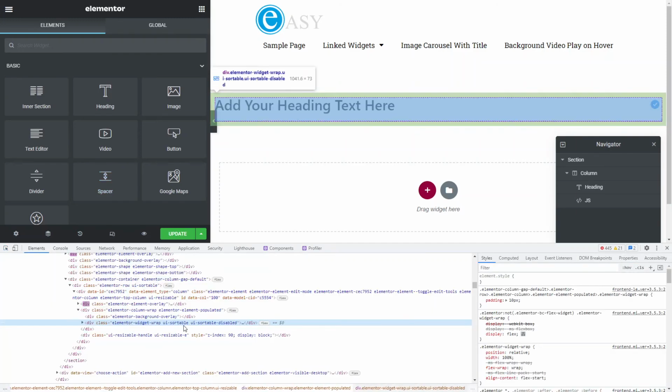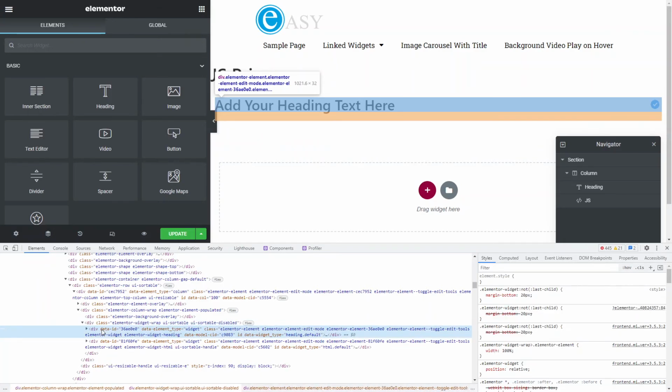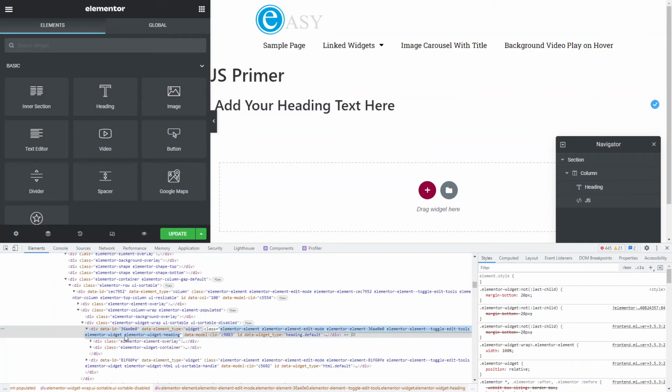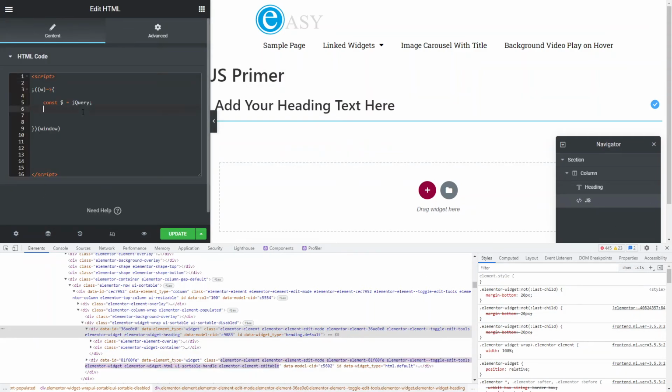So the headings are called, where is my heading? Elements. Okay, the Elementor widget heading. So if I wanted to get every single heading on the page, I would go